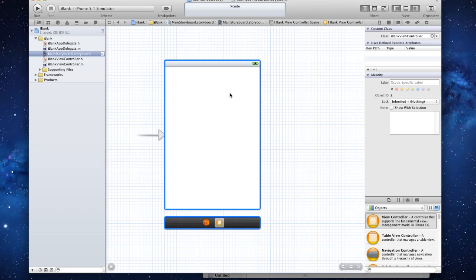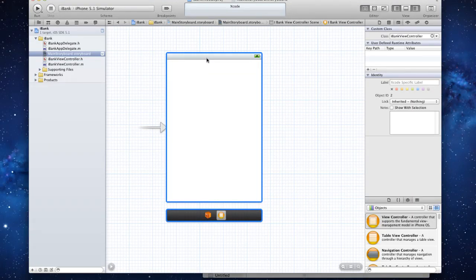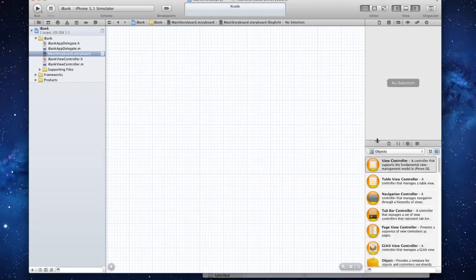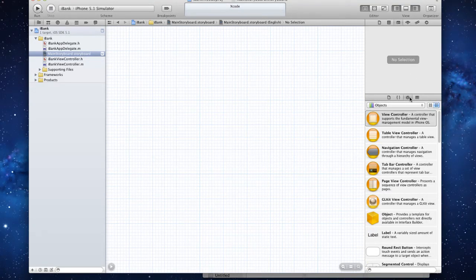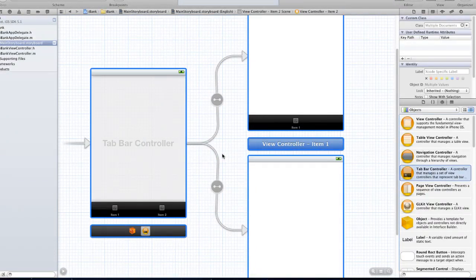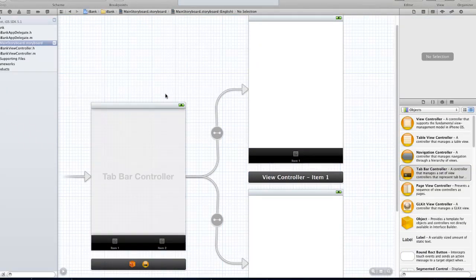So to start off with, I do not want this view controller, so I'm just going to hit the delete key to remove that. And what I'm going to do is I'm going to bring up my inspector, and I'm going to select the objects tab there, and I'm going to select this tab bar controller. So I'm going to click that, drag it across, and as you can see, it's added 3 controllers here. We've got the tab bar view controller,